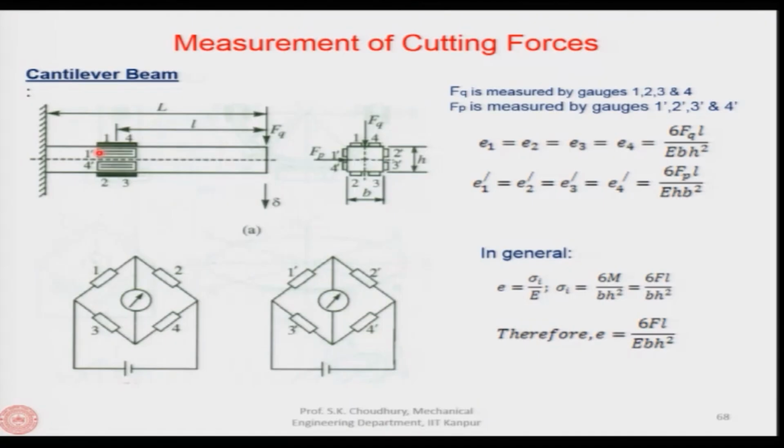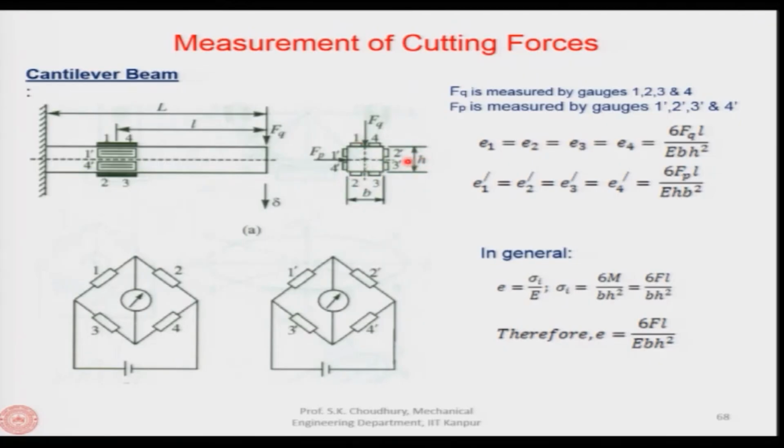There are 4 strain gauges, 1, 2, 3, 4 on this side, and 1, 2, 3 and 4 in this section you can see. On the 90 degree side there will be 4 more: 1 prime, 2 prime, 3 prime and 4 prime. So, if this distance is b and this distance is h, okay, then we